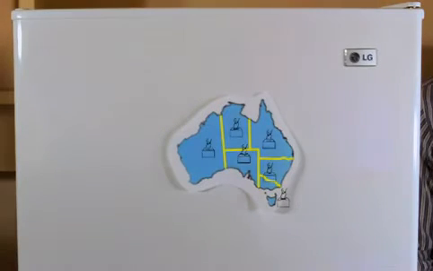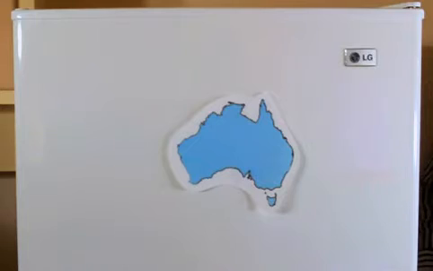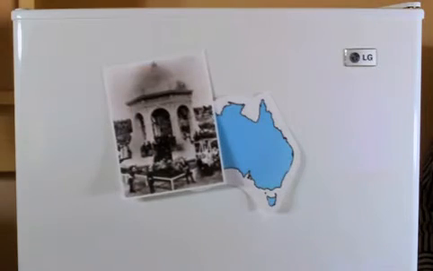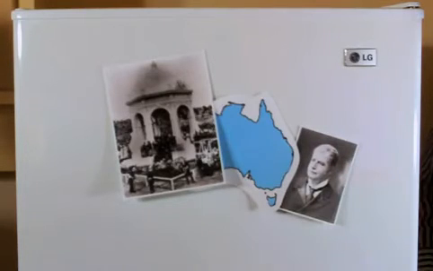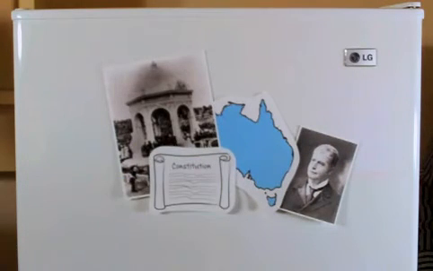Referendums were held across the 5 states, and in May 1900, the Commonwealth of Australia Constitution Act was passed by the British Parliament, was signed by Queen Victoria and became law. On the 1st of January 1901, the Commonwealth of Australia was proclaimed in Centennial Park in Sydney, and later that year, the first Commonwealth Parliament was opened in Melbourne, where Edmund Barton was elected as the first Prime Minister of